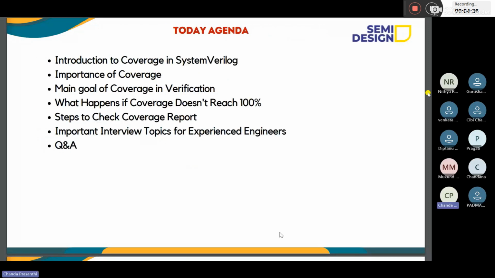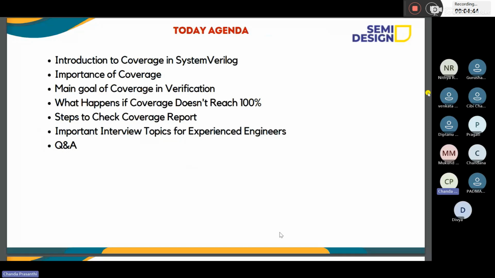Next, today's agenda. First, an introduction to coverage in SystemVerilog. What is the importance of coverage in SystemVerilog, and not only in SystemVerilog but also in UVM; we commonly use coverage, not only in SV. The main goal of coverage in verification, and what happens if coverage doesn't reach 100%.